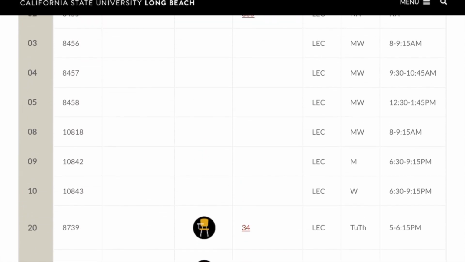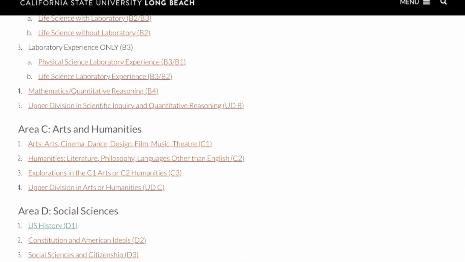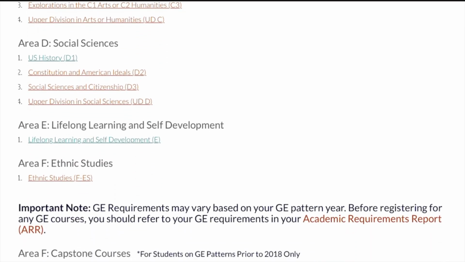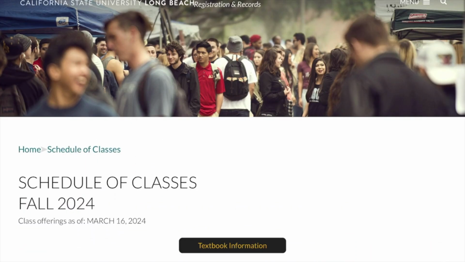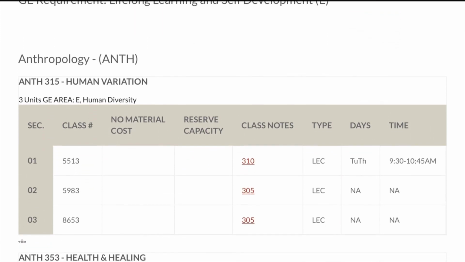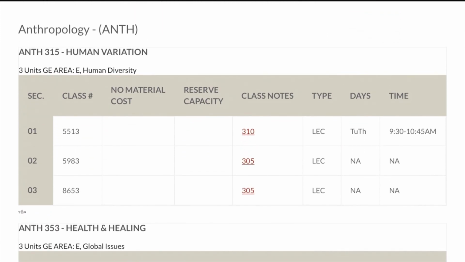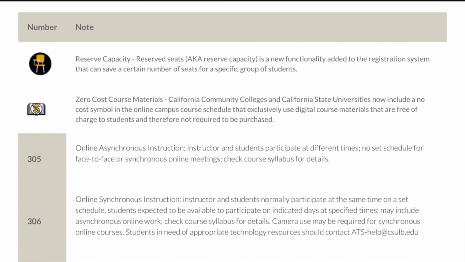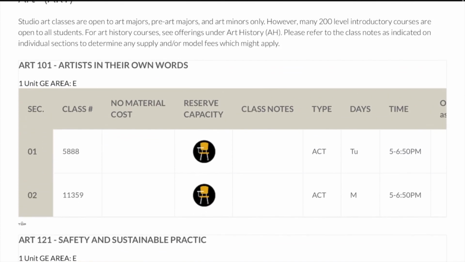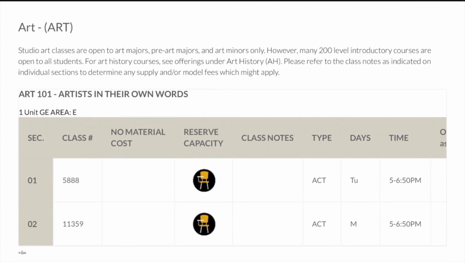Let's go back and look for an EGE. So again, we just scroll down and do the same thing. Again, this needs to be a lower division course as well. Scrolling through this, you can see the first course listed is an upper division course. It's 300 numbered. Anthro 315, Anthro 353 is next. Let's see if we can find a lower division one. Sure. So here's Art 101 and Art 121, both of which are lower division E category courses, so they'll fill